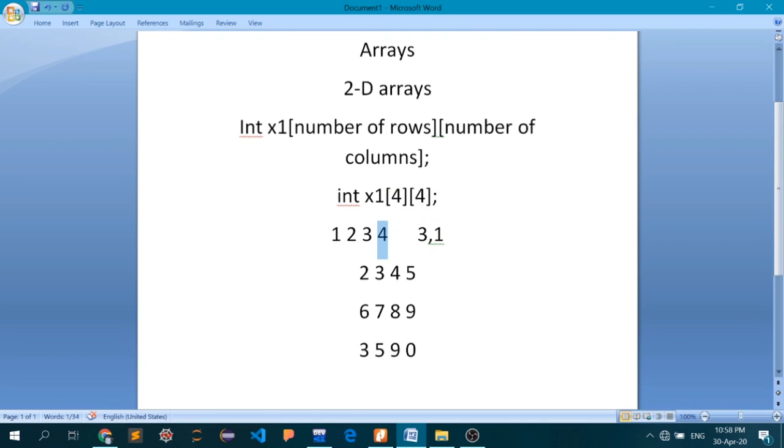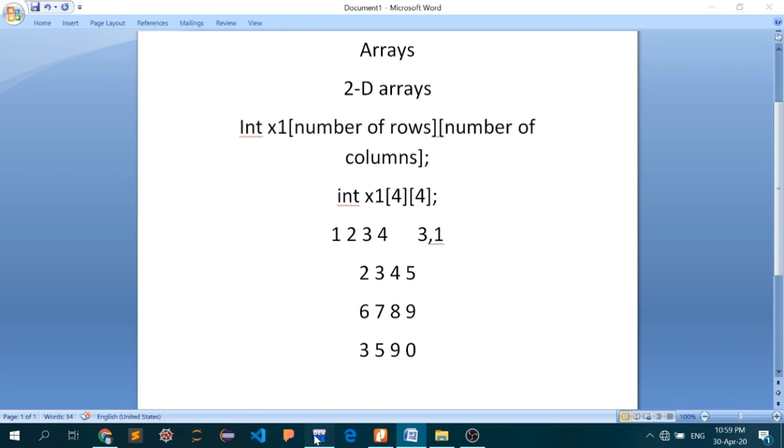Then the outer loop will iterate and increment by 1, and we are now at row number two, and then again the inner for loop will start, and it will ask us the value of second row, first column, second row, second column, second row, third column, second row, fourth column entry. So this is how we are going to iterate through each and every value of this particular 4 by 4 matrix, or whatever the size of your matrix would be. So let's get back.